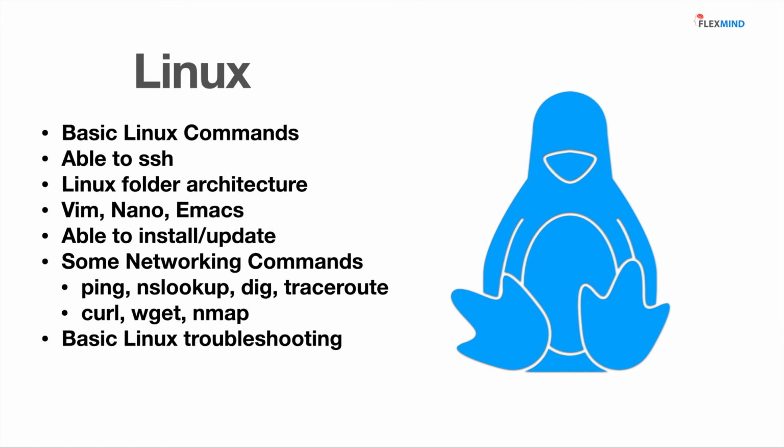Well, if you are a developer, you are already aware that Linux is an important skill that you have to work on. So basics of Linux commands, I assume that you know, but what is on top of that that you have to understand? For example, you are comfortable using any kind of native editor like Vim, Nano, Emacs, and you are able to install, update, upgrade any software in that Linux machine, and you are able to run basic network commands like